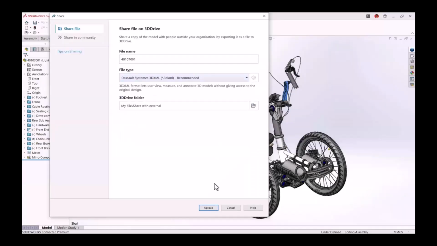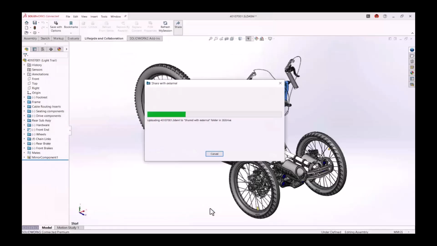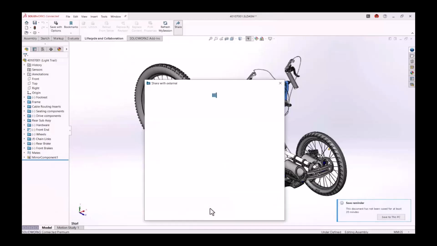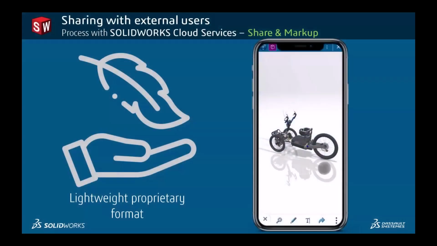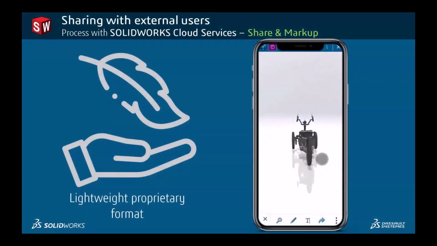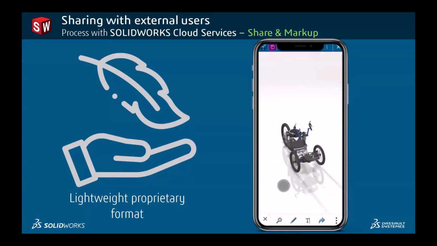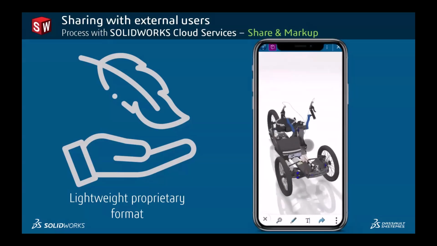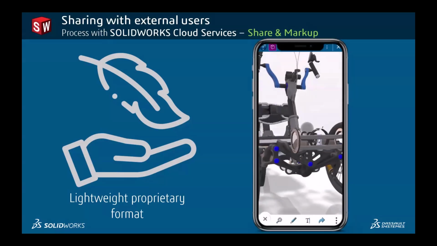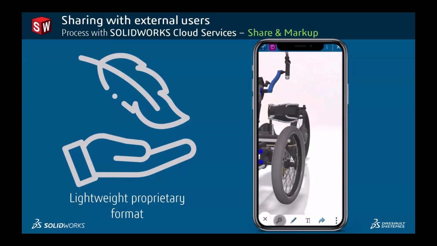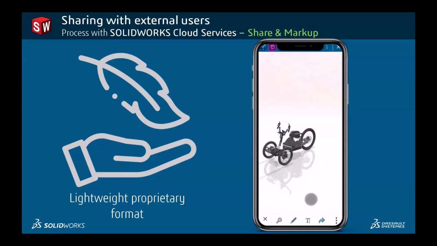So let's say if it was 1 GB, when uploaded to the cloud, maybe it's a few kilobytes. So the person will receive this whole assembly and will be able also to display it even from mobile devices. So even from a phone, you're able to rotate this 1,000 part assembly, and you can do markups if you want. You can do explode. You can do whatever I've shown before